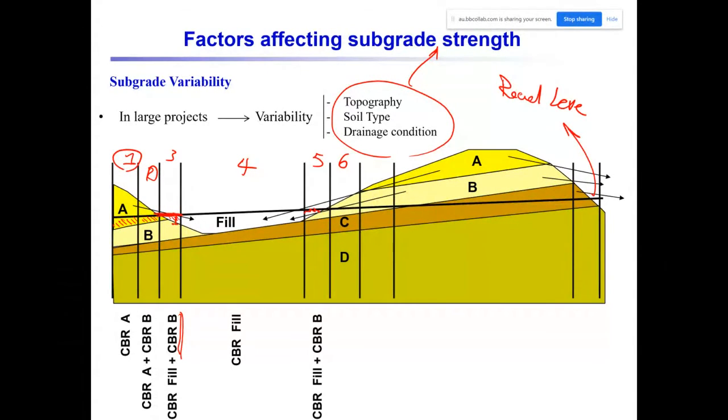For the sixth one, CBRB, exactly. For the seven, B and C, that is correct. For the section 8, you need to determine C, CBRC, exactly. And for the last one,